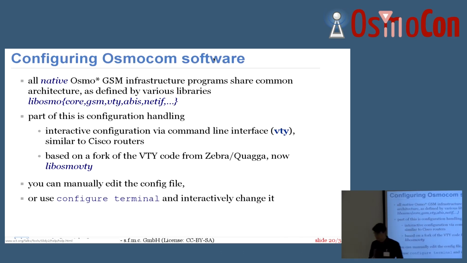And so how do we configure this software? All the native Osmocom software, we can talk about what is native and what not, but all the software that was originally created inside this Osmocom cellular infrastructure universe share a common architecture that is defined by a set of libraries that we use from all the programs. These are called libosmocore, libosmoGSM, libosmovty, libosmoabis, libosmonetIF, and there's more and more of them. And part of what they provide is the configuration handling,